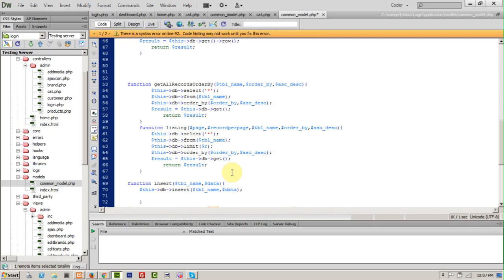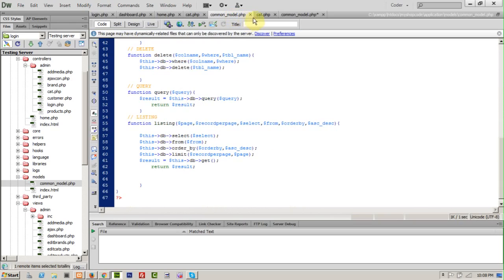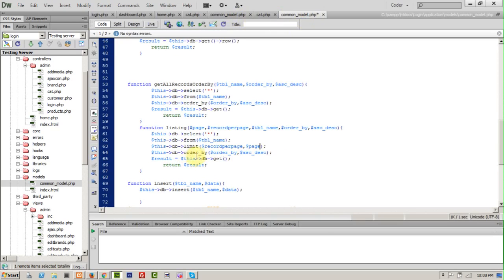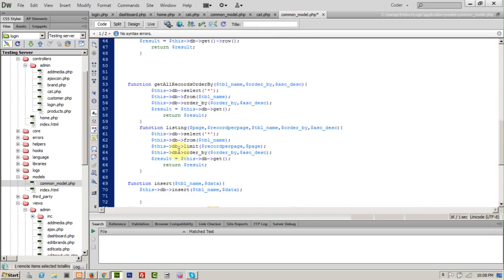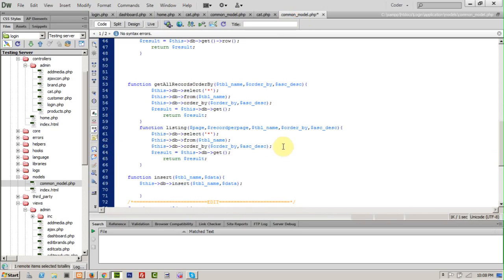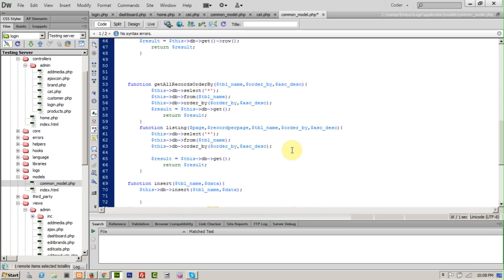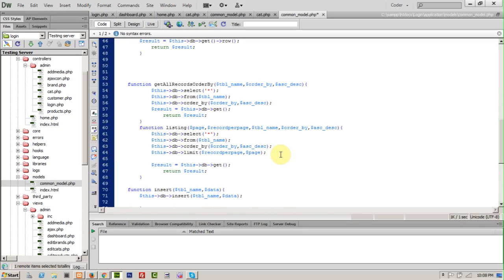Let's close this function. And page, so record per page, and let's clear record per page. This TP limit, this TP order by, and so record per page. And let's come to our